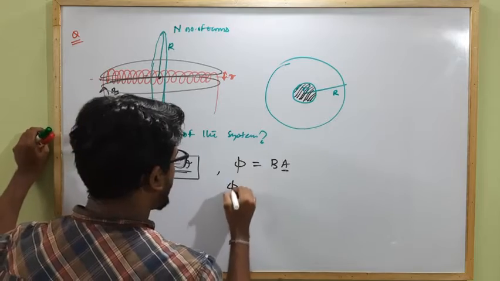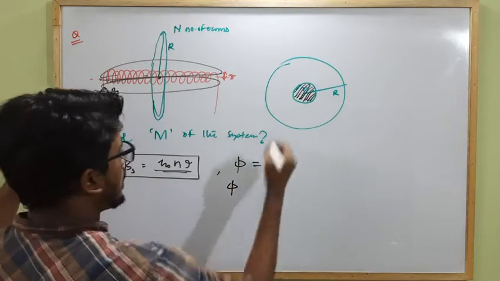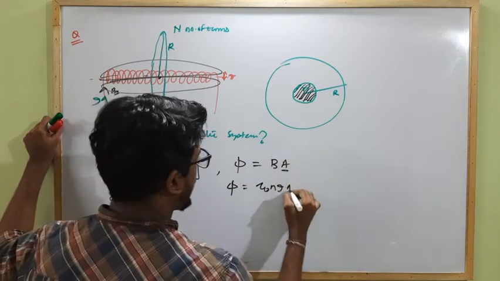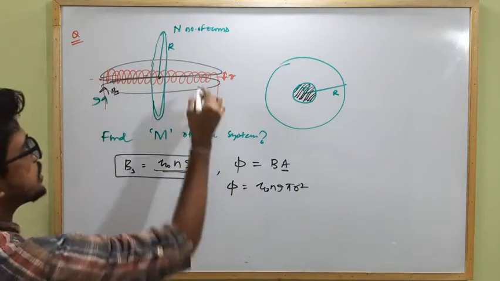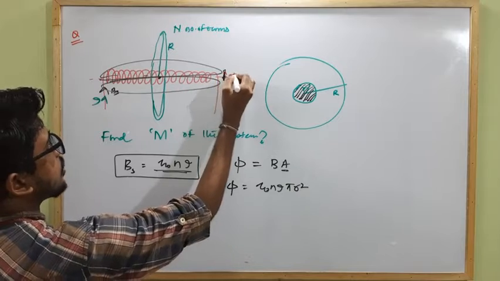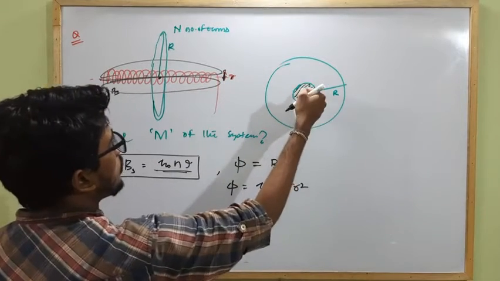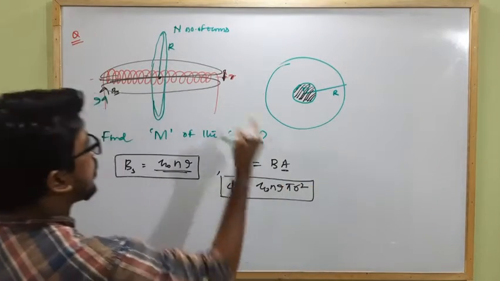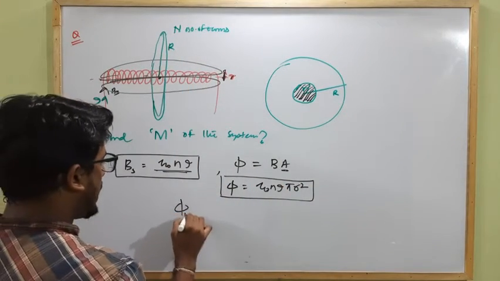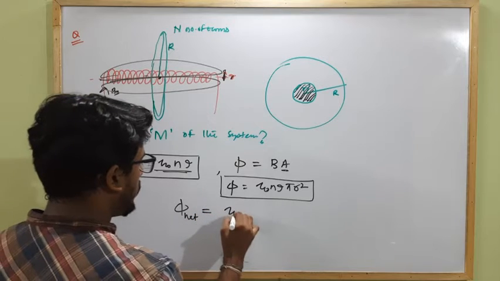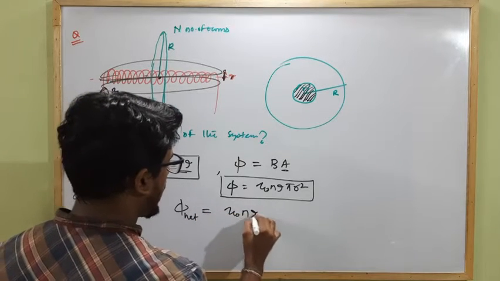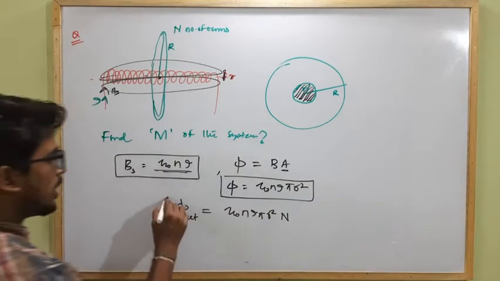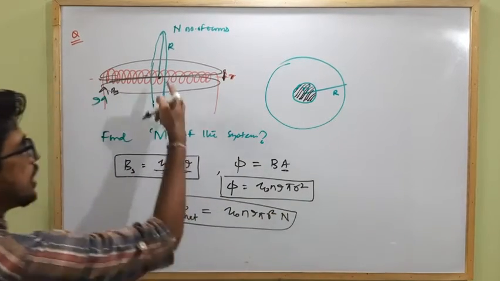So for this complete ring, this will be the region or area which is linked with the magnetic field. So flux linked with 1 turn of the larger ring will be how much? B will be mu naught Ni into area will be pi r square, because this is the radius of the solenoid and this will be the area within which the solenoid is passing. So this will be the flux linked with 1 turn of the larger ring. So the total phi net will be how much? Mu naught N I pi r square into capital N. This will be the net flux linked with the larger ring.